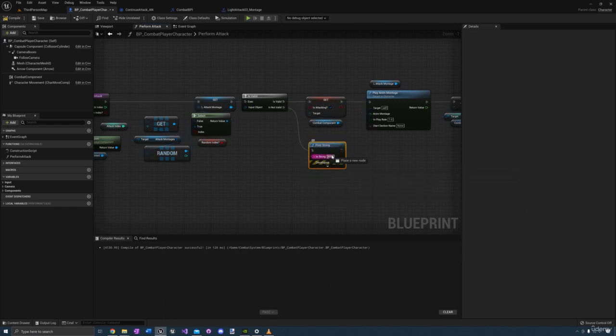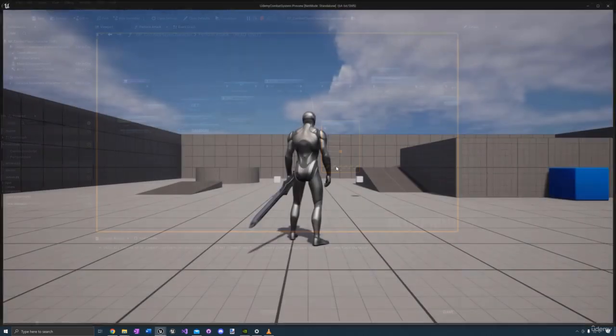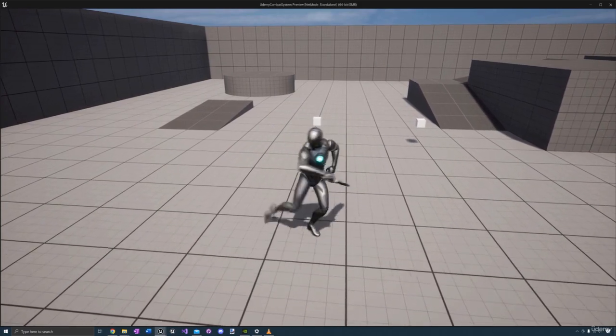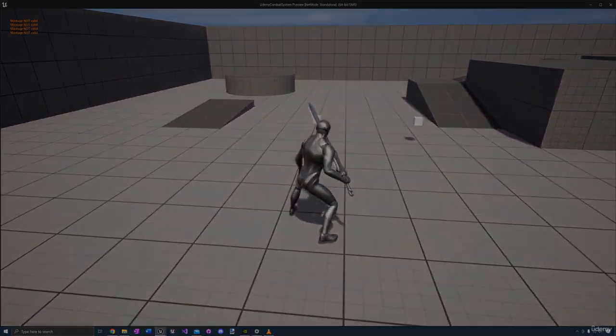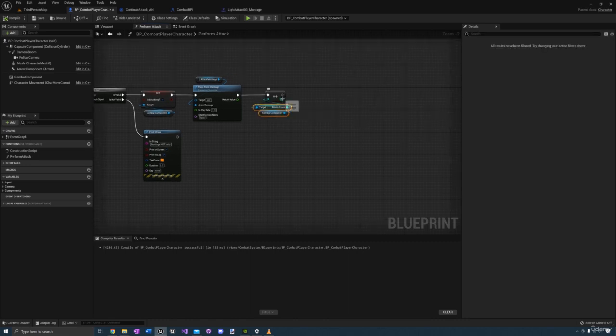And I'll print "montage not valid." We can set this to some sort of color so we can see it a little better. So I'm going to go ahead and play. And 1, 2, 3, and after that, montage not valid. And so to resolve that issue, what we need to do is get the incremented attack count, and we need